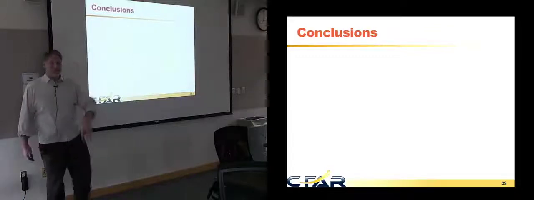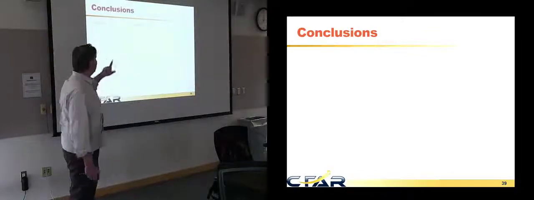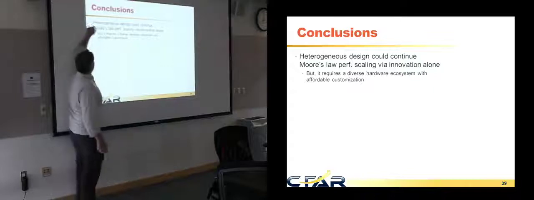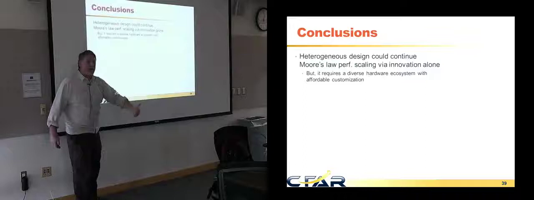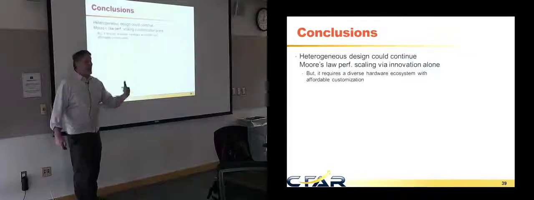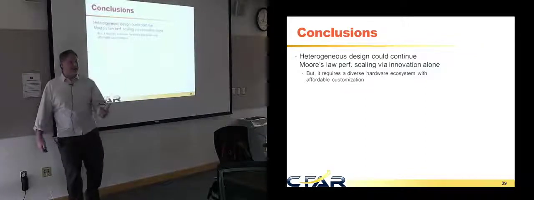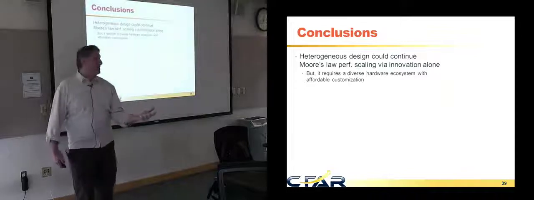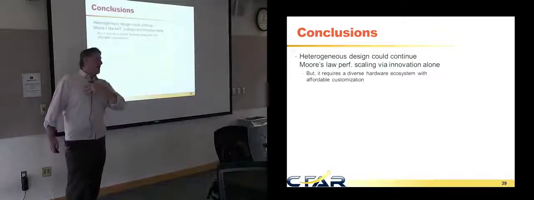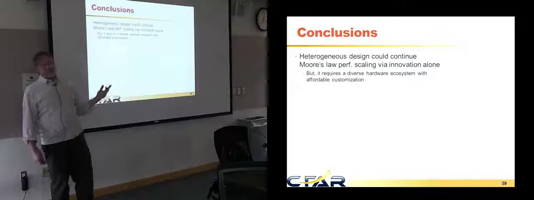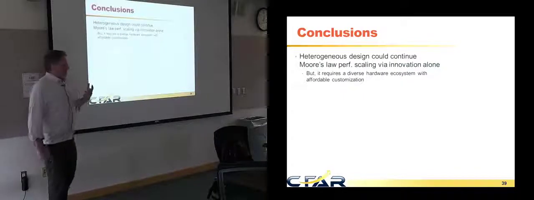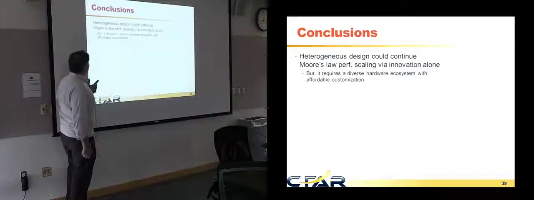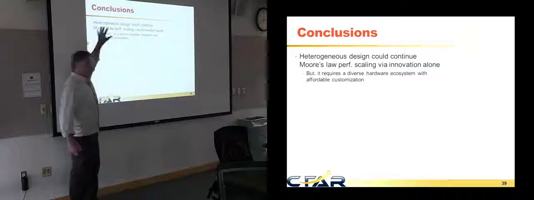So to conclude, here's the problem, right? We've got this Moore's Law scaling gap that exists because we're not innovating effectively to close it. And two, we've got this dark silicon problem, lack of instruction level parallelism, and transistors aren't getting any faster because Dennard scaling has left us. So silicon's not helping us much. How do we close that gap? We're going to close that gap with heterogeneous parallel designs,